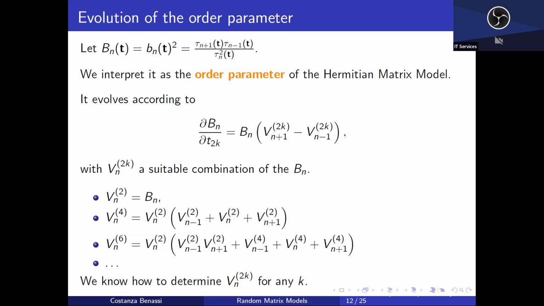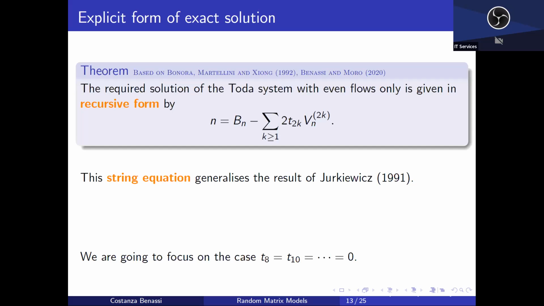And it gets worse and worse as you go to higher and higher flows, but that's sort of to be expected. Okay, but the point is that we have basically a recipe, an algorithm, to find this V for any K. So if you want to write whatever flow, you can do that. It's going to look more and more complex, but that's the way it is.